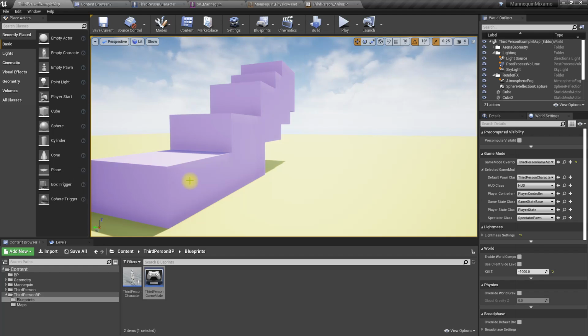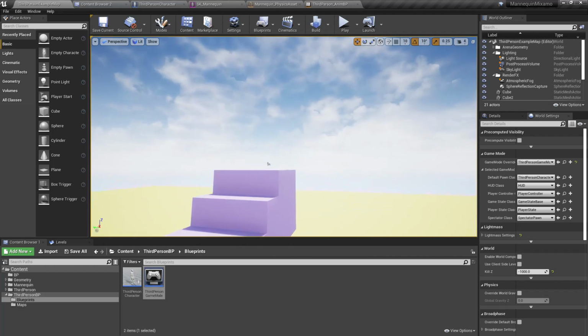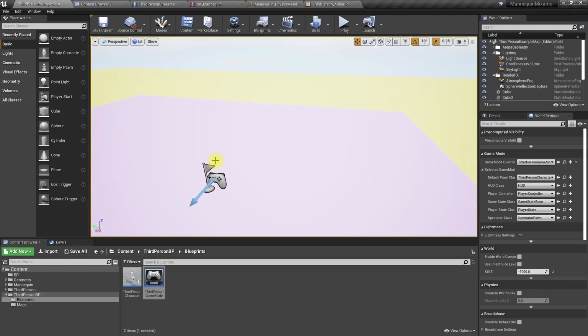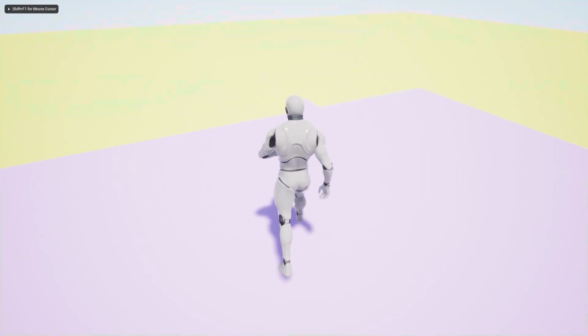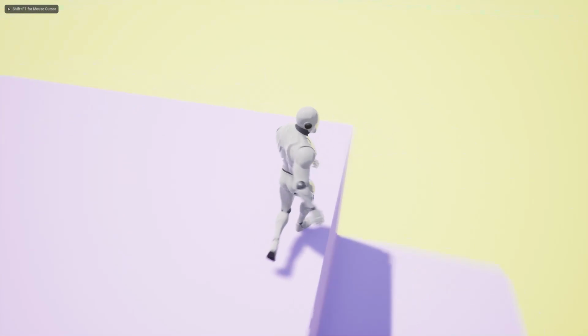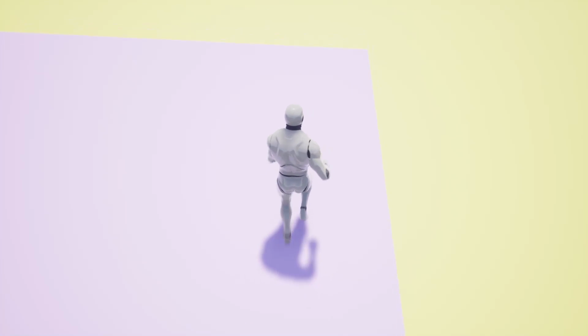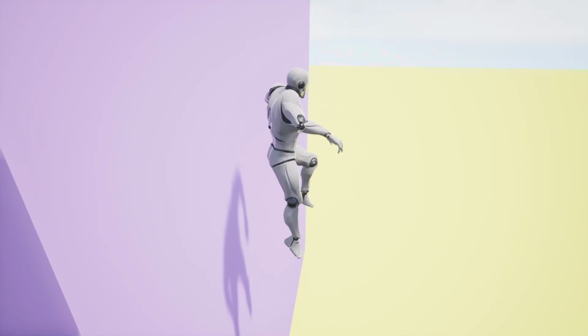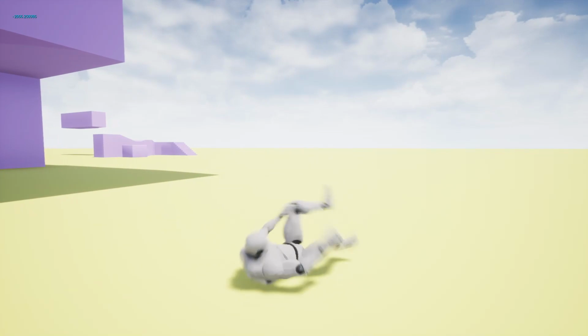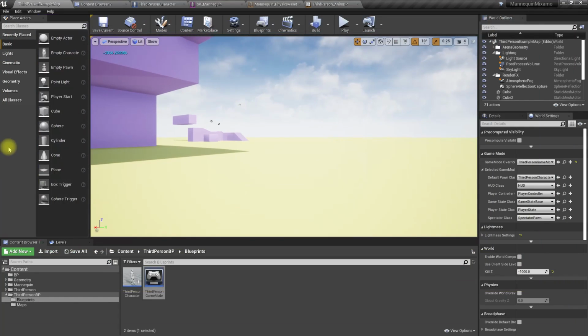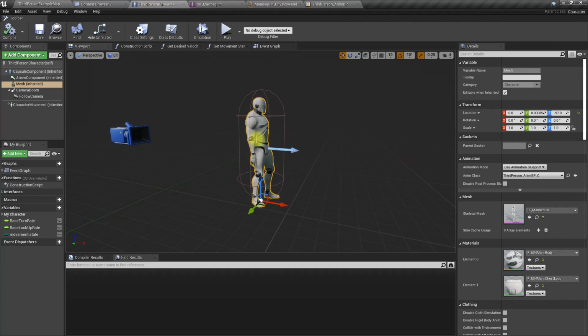Right, so the first thing I'm going to do is this. When my character falls from an edge like this, a higher ledge like this, after a while I'm going to enable the ragdoll. So how do I do that?